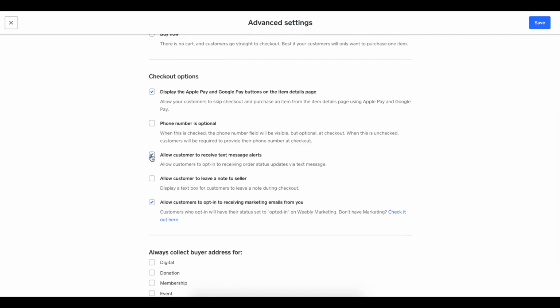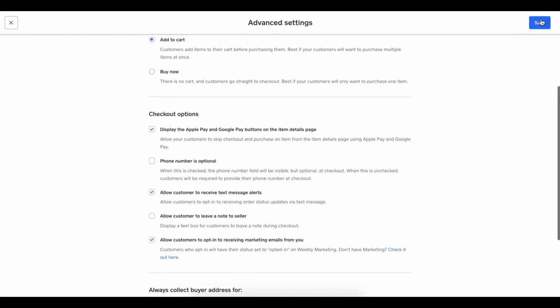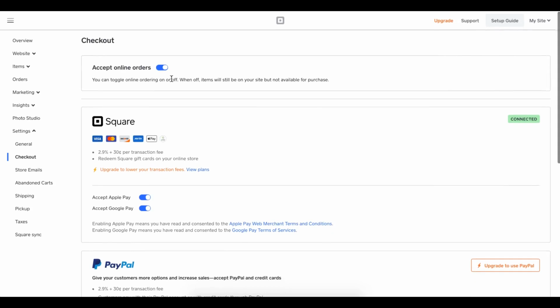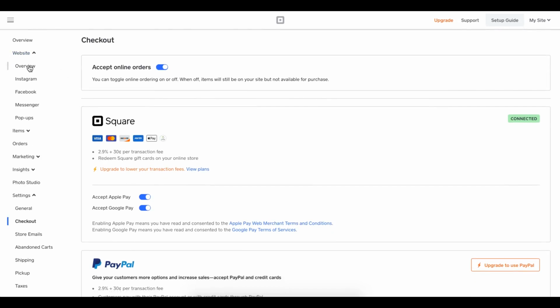And as you can see, they're already enabled. It's toggled on for me as a fast casual restaurant, so that's great. So my text message alerts are enabled. So I'm going to click save. And now I'll go ahead and go to the website